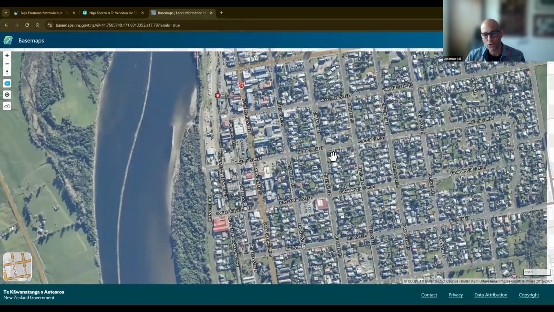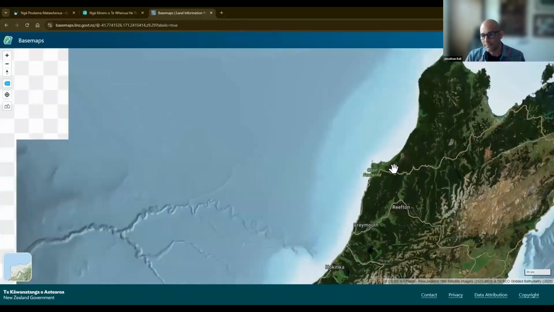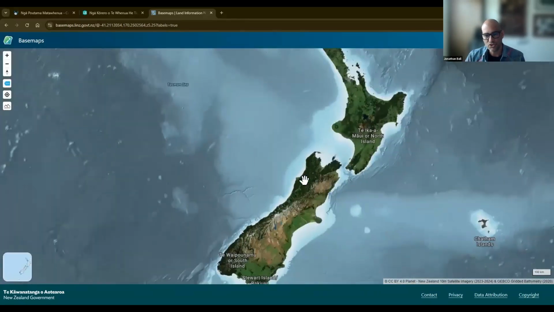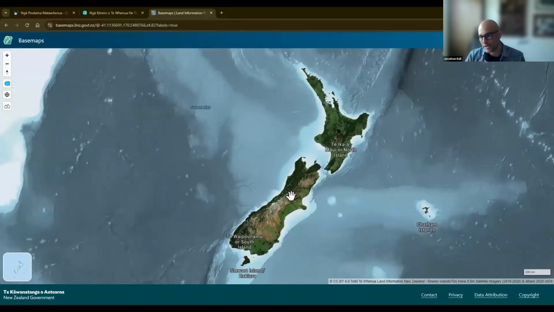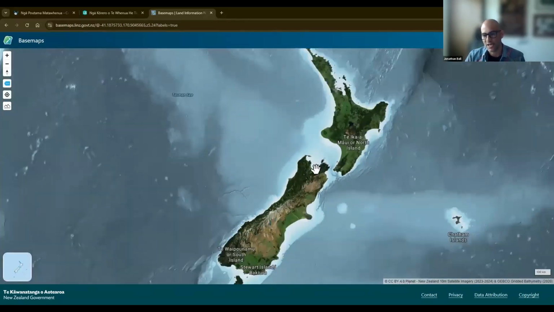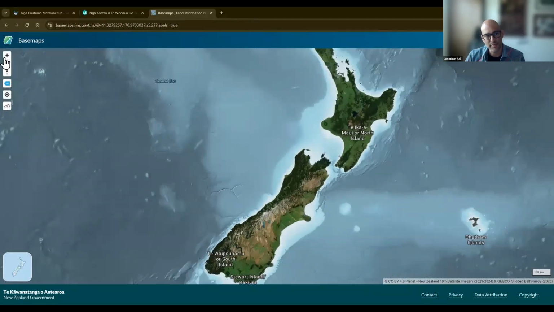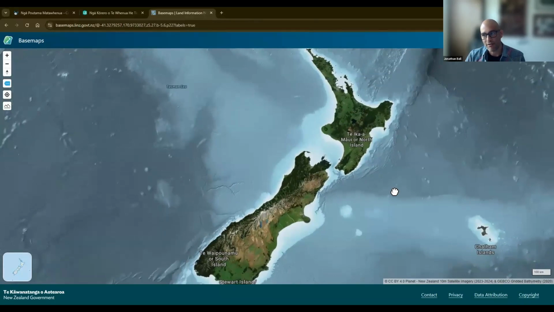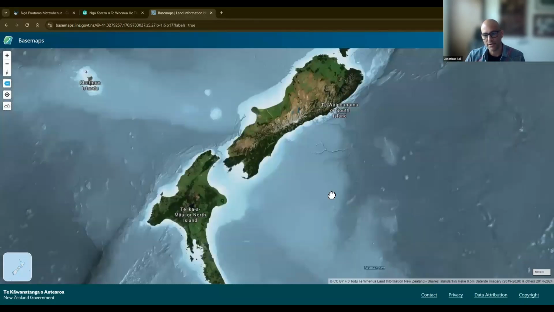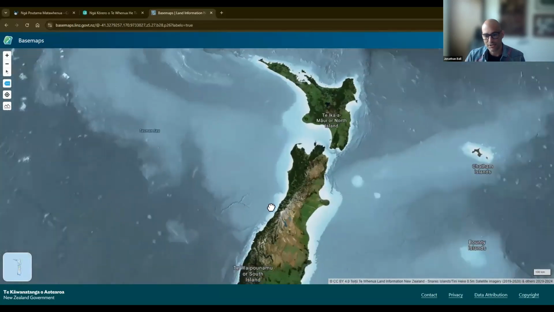Right, so I'll give you a quick tour of the web mapping aspect of it. You can do a couple of things. You've already seen zooming in and zooming out. That's standard mouse wheel stuff, but we've also got some buttons here. If you click on the right mouse button, you can twist and rotate the map to your heart's content.